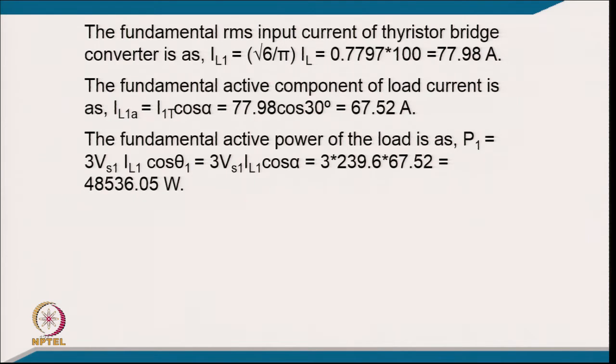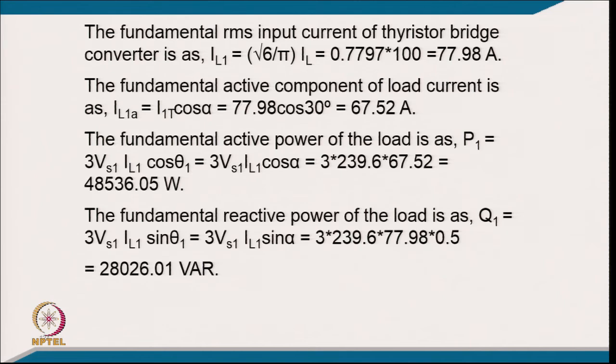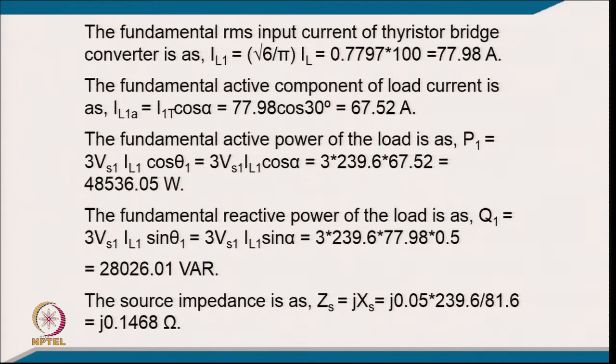and fundamental active power of the load will be P1 equal to 3 Vs1 IL1 cos theta 1, and given the value, it comes 48,536.0805 watt. The fundamental reactive power of the load will be Q1 equal to 3 Vs1 IL1 sin theta 1, and giving the value, it comes 28,036.01 VAR. That is the reactive power that has to be provided by the passive filter. And the source impedance, that is mainly 5%, keeping the value of all, it comes